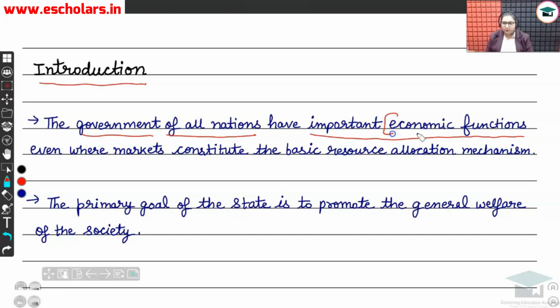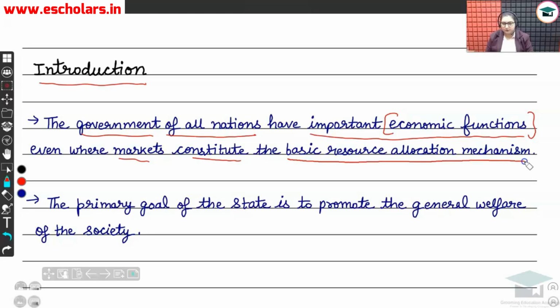Okay, economic functions are basically those functions of the government that are performed to ensure the smooth running of the economy. The government of all nations have to perform the economic functions even where the markets constitute the basic resource